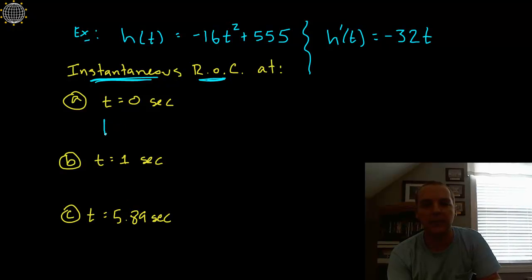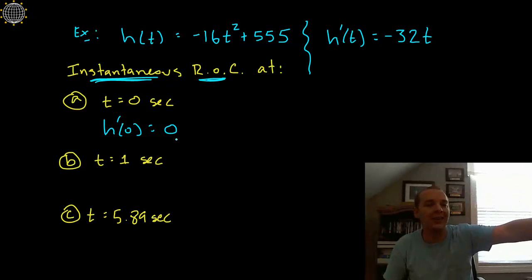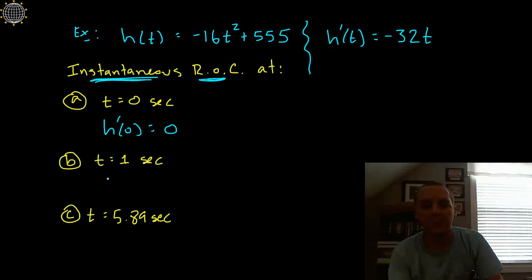So the instantaneous rate of change at 0 would be 0. Now, is that intuitive? Well, let's think. You have the guy standing at the top of the Washington Monument. He's holding a coin. The second he's letting it go, he hasn't already let it go. It's still in his hand, or he's in the process of letting it go. At that instant, it's not falling, so the velocity would be 0. The instantaneous rate of change of height would be nothing. It's not falling yet. But 1 second later,